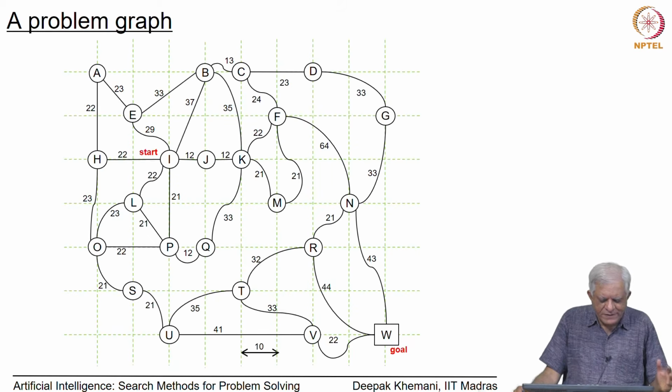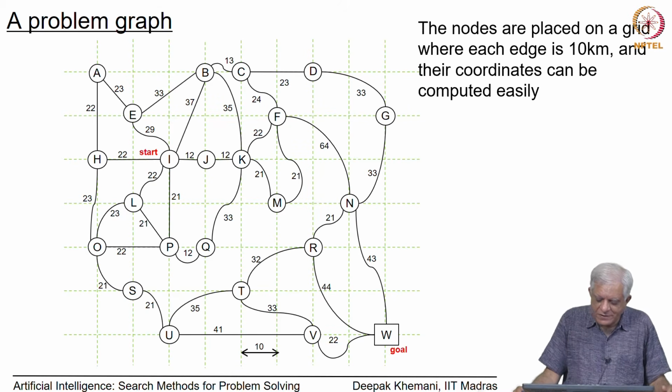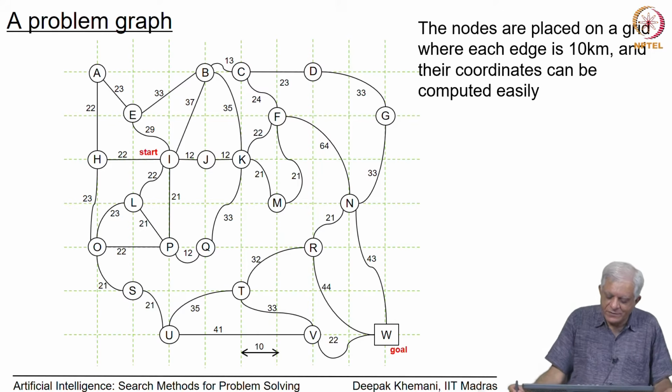So, let us look at this small example. It is a problem graph, as you can see. The nodes are labeled with letters. So, A, B, C, D, E, F, G, H and so on. The nodes have been drawn on a grid which is, let us say, 10 kilometers by 10 kilometers, or 10 miles by 10 miles if you live in a country where you measure distances in miles. So, the distance between